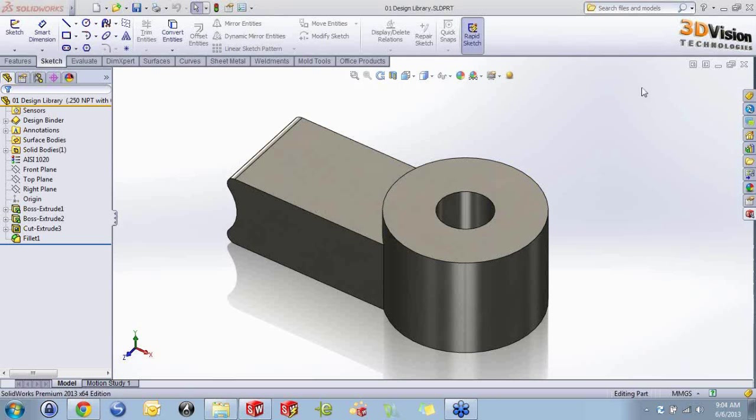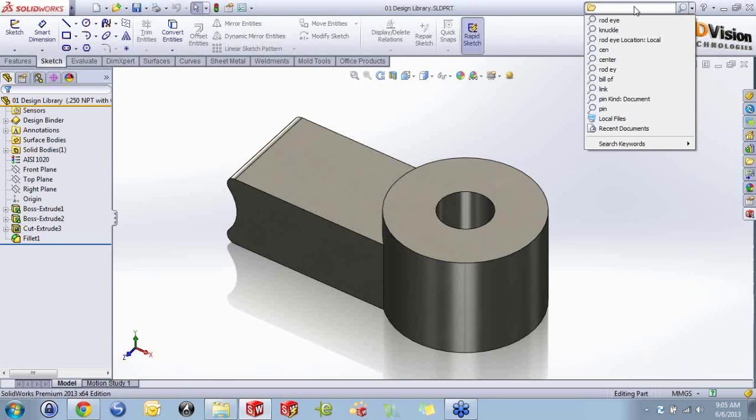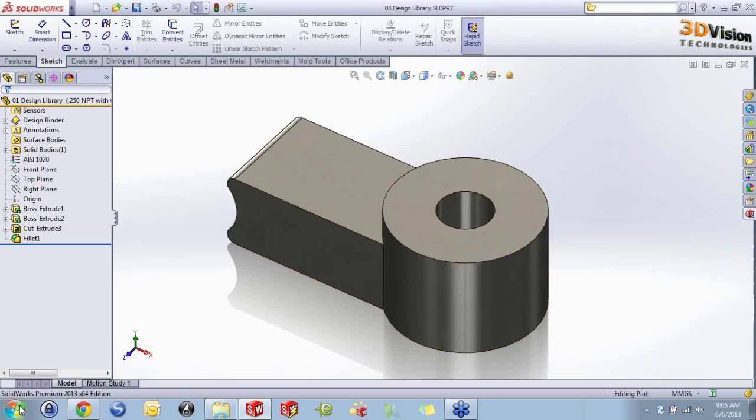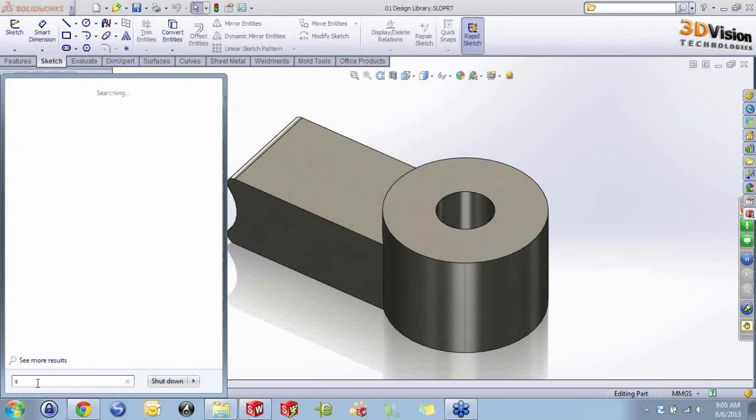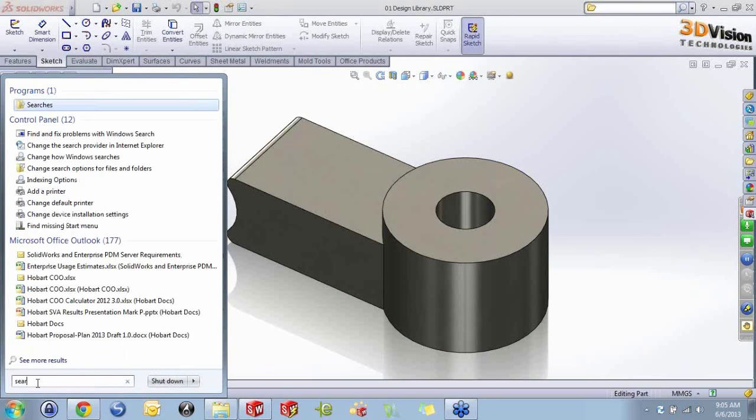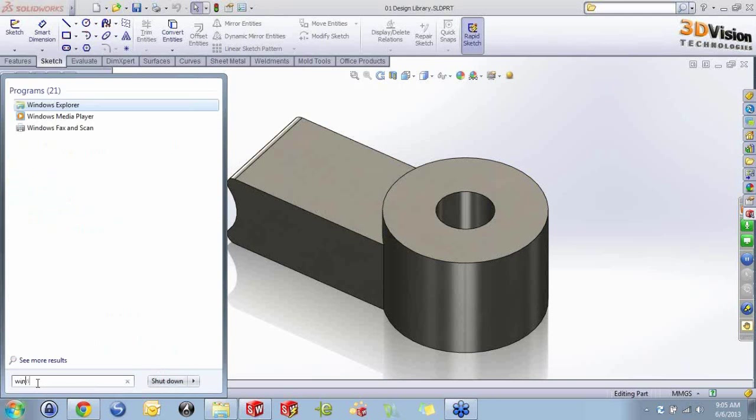So just the first thing that I'm going to show you is just the search window up here. And if you change it to search files and models for the type of what you want to search, you can go up here and search for names of files. Names or descriptions is where it'll look for these things. Now this uses the Windows desktop search. So of course, if you go over to your Windows and type in search, or Windows search I think it is,